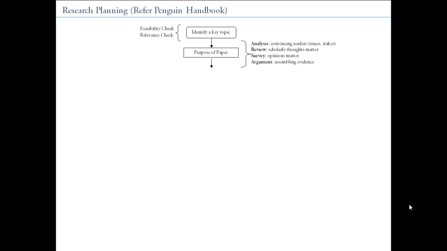You're maybe taking the opposite stance and refuting it. So if someone claims, well, women's rights are transparent, you take that stance and then you refute it. So that's the analysis approach for the purpose of the paper. Review is where you don't want to take a stance, but you want to review existing material and present both sides of an argument to the reader, and then maybe let them make their own